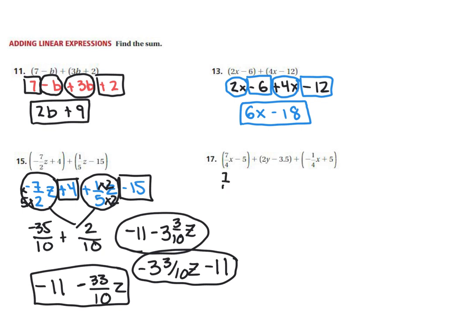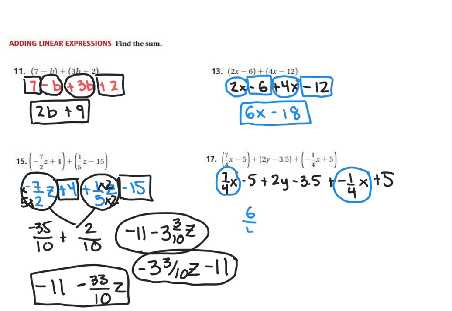So we have 7/4 x minus 5 plus 2y minus 3.5 plus negative 1/4 x plus 5. So it just looks messy, but don't let it overcome you. 7/4 x and negative 1/4 x. 7/4 x minus 1/4 x is just